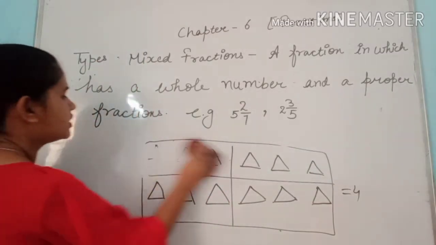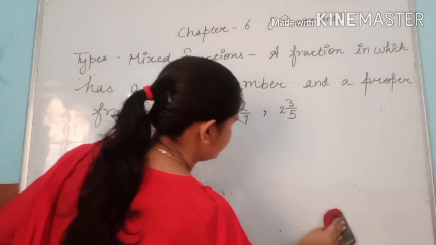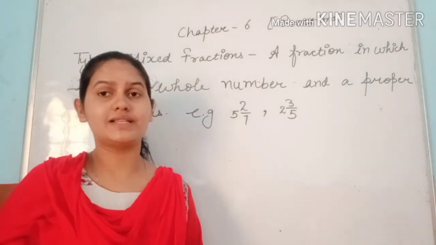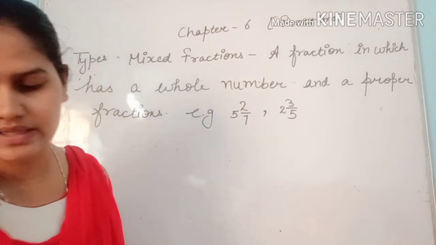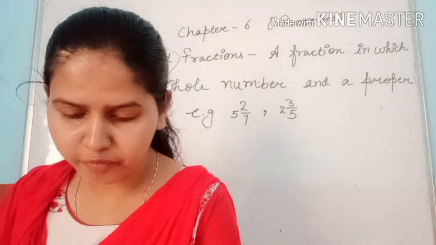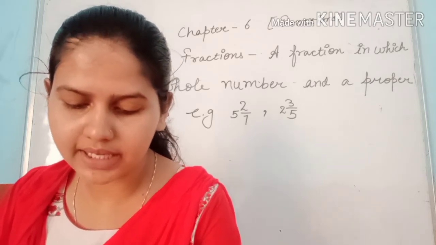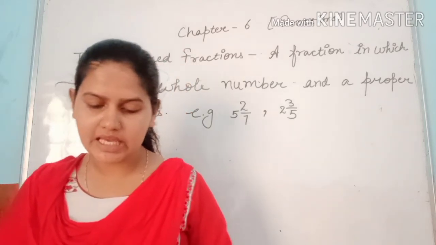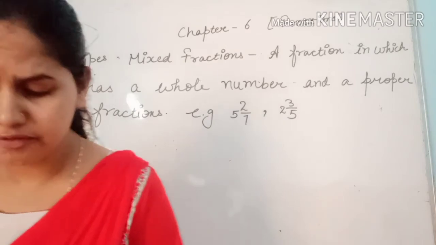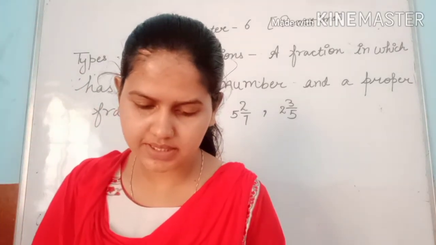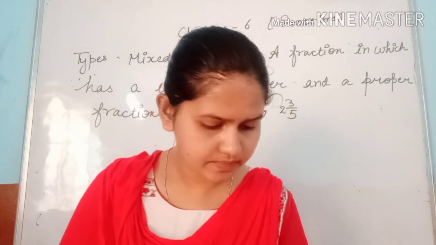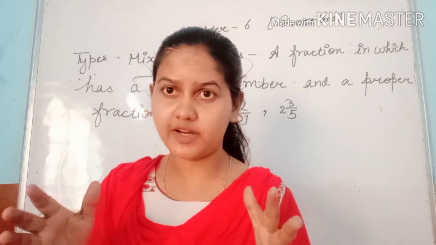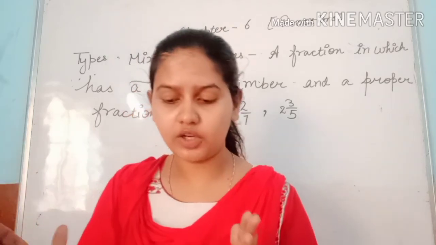Okay students, let's do the other one. The last one of this exercise, you can see. This one is boxes, right? Or we can say squares. So how many squares are there? 1, 2, 3, 4, 5, 6, 7, 8, 9, 10, 11, 12, 13, 14, 15. So you can see we have to divide them into 3 equal parts. So the answer of this question, from our fourth one, 6C, is 5. We have to divide the squares into 3 equal parts, so it will be divided into 5 sections.